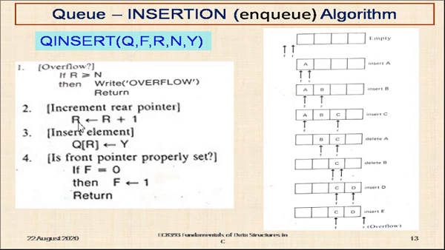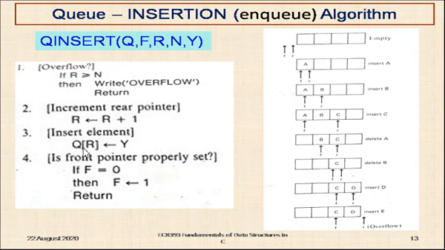Okay. So how can we do that? We increment the rear pointer by 1 because we can insert the data only at the rear end, is it not? So the rear pointer is incremented by 1, so R is equal to R plus 1. Currently R is assumed to be 0, so 0 plus 1 is 1. So this pointer is moved to this location, so R is moved here. Okay, then where do we want to insert the data? In Y we have stored the element which is to be inserted, right?